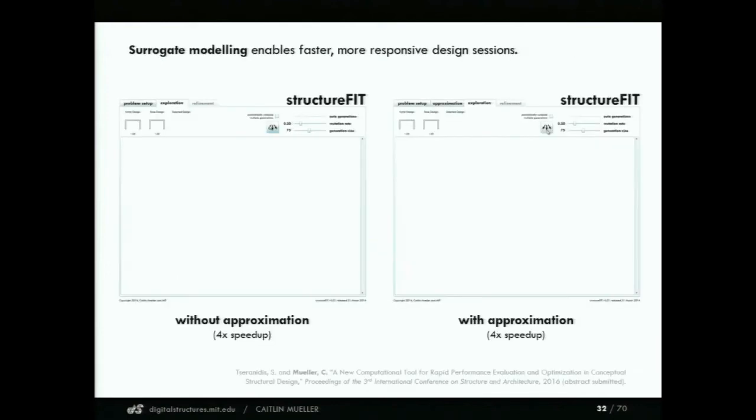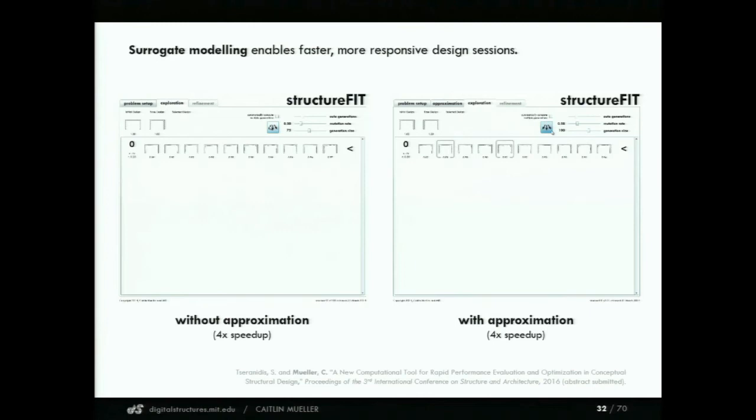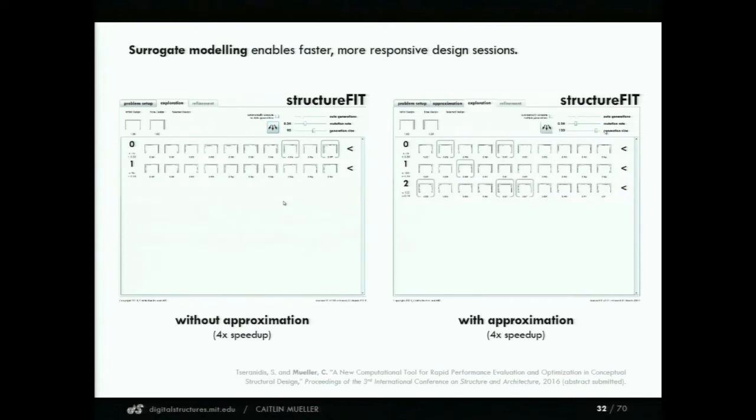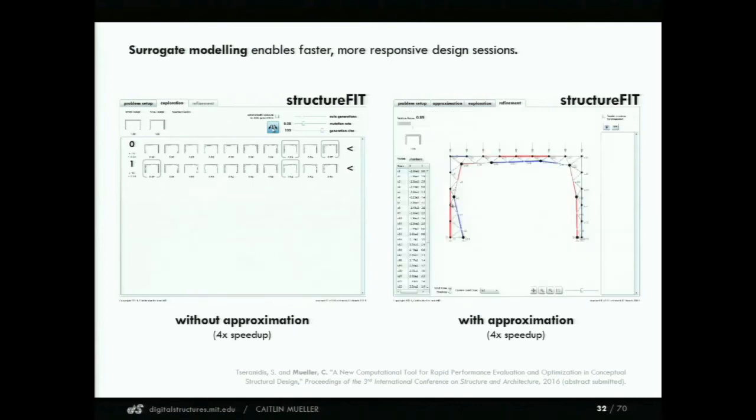This is very powerful because it means that our tools that might have originally been slow can now be very responsive and very interactive, and can enhance creativity, I think, by allowing us to remain in this creative flow while we're working. So on the right, we see we have this speed up available to us, and on the left, we don't. And I think you'll agree that it's always preferable for our computers to be faster. And with this surrogate modeling technique,